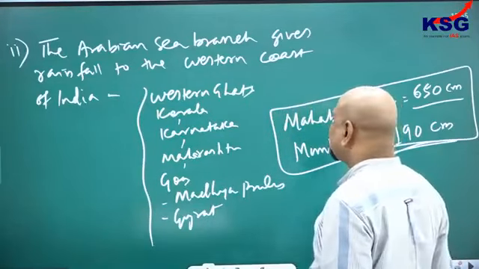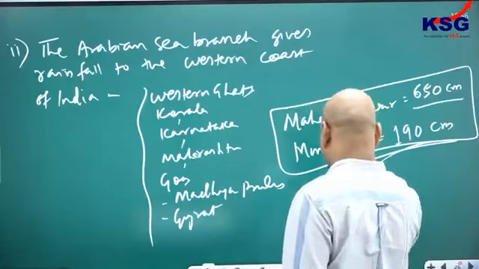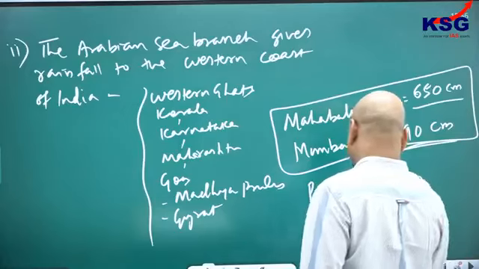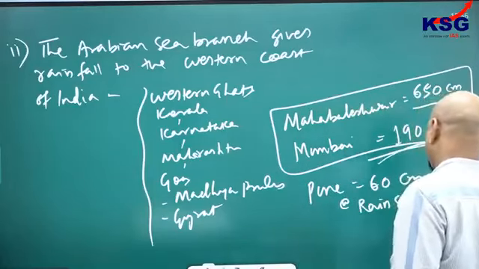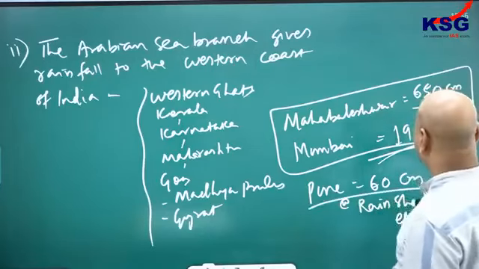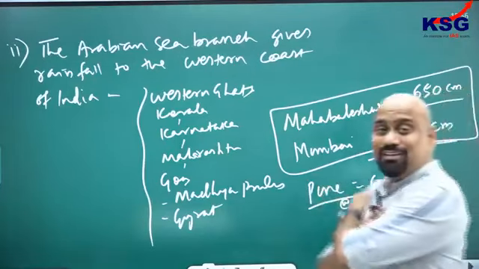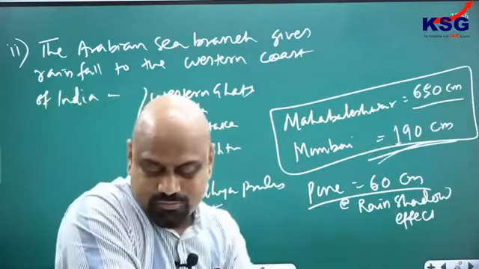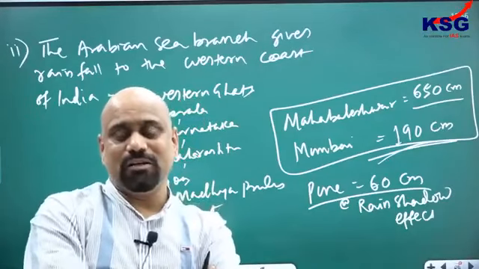ठीक है, fine. Next one, बहुत important है. You can note down here. Pune gets only 60 centimeter. अच्छा ये जो लिखा ना, Pune gets 60 centimeter due to rain shadow effect. Mahabaleshwar 650, Pune is 60 only, and Mumbai is 190 centimeter. So definitely it is because of